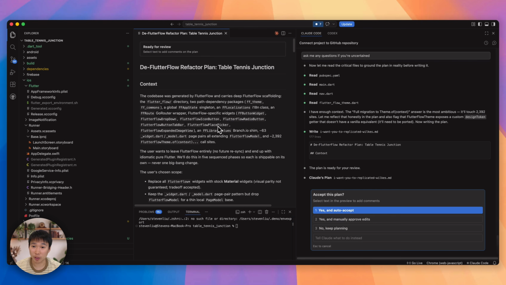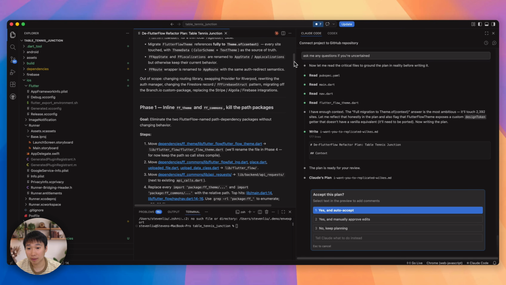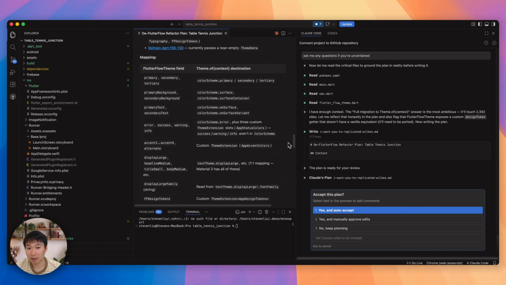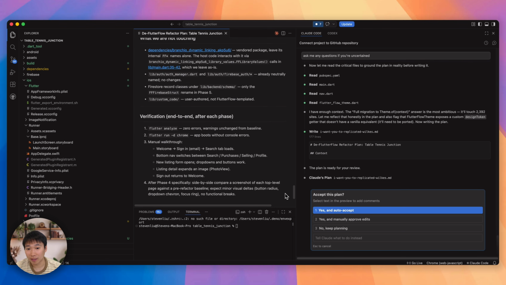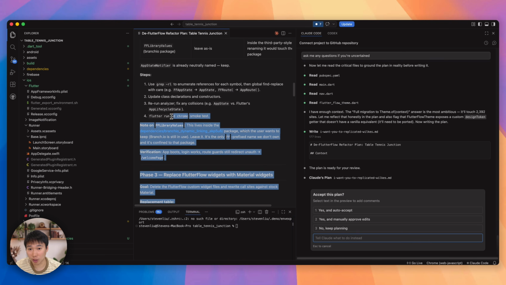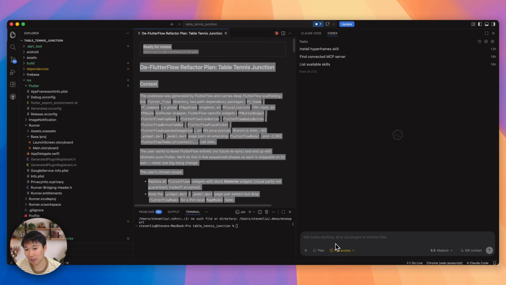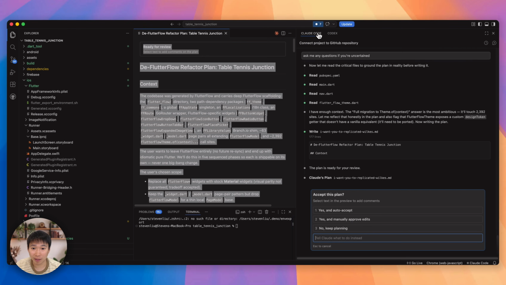So now Claude has finished planning. You can see it has written the plan. Very, very long plan. Blah, blah, blah. You can read through it if you want. It's very, very detailed. Okay. You can keep planning. You can ask it to keep planning, but you can auto accept as well. So subsequently, you can actually copy this plan out if you want. You can paste it into Codex if you feel like Codex is a better executor. I'm just going to let it say yes and auto accept.